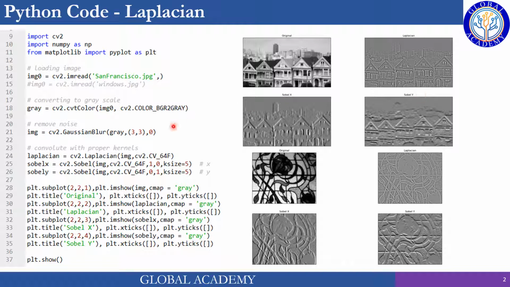So it's simply three functions: Gaussian blur, which we have already discussed, then cv2.Laplacian and cv2.Sobel. If you pass the third parameter as 1 and the fourth parameter as 0, then it's like applying Sobel along the x-axis, and if you pass the third parameter as 0 and the fourth as 1, then it's like applying the Sobel operator along the y-axis. And you can pass the size of the Sobel like 5 or 3, any odd number.